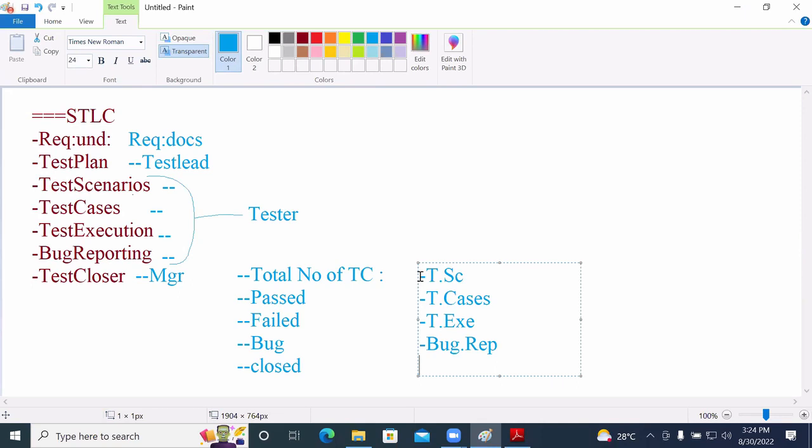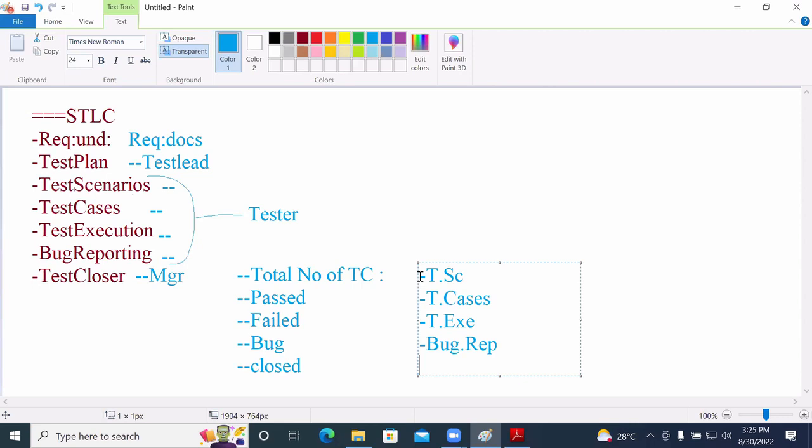So as part of the test closure activity, you need to take care of having all this information. Once all the information is ready, the manager will set up a meeting with the client. First he will gather all the required information and prepare one email.